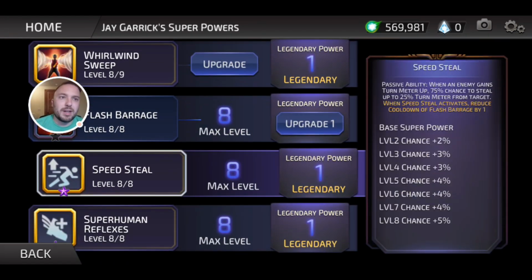And then, okay, this is where the interesting part of his kit gets in, right? When an enemy gains turn meter up, we have a 75% chance to steal up to 25% of that turn meter from the target, right? So this is interesting because most of the time, if people gain turn meter, it's passively, and it's never normally more than 25%. There's some people that can do more than 25%, but most of the time it's less than that. So it really only works on active abilities that grant turn meter,